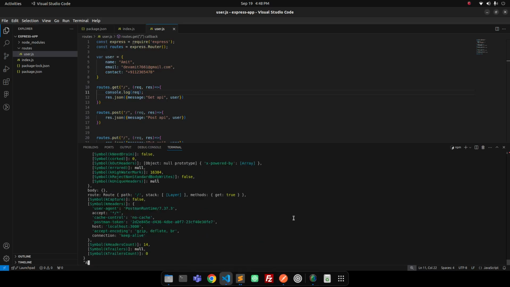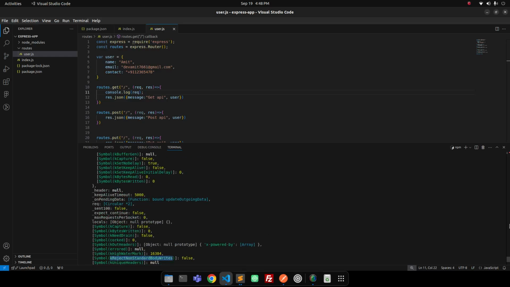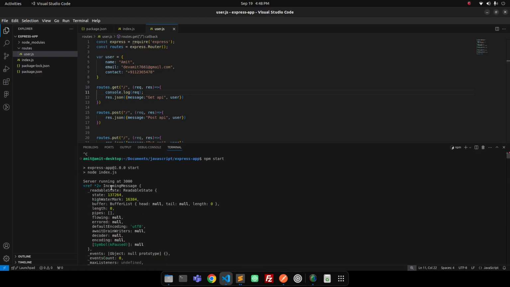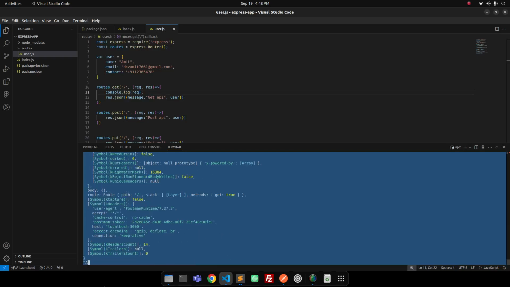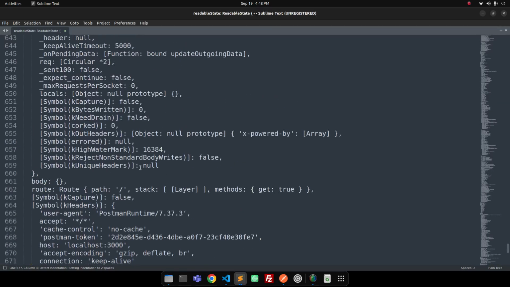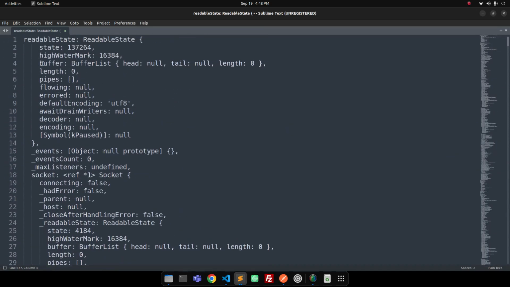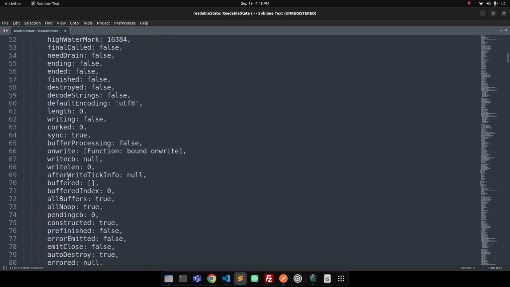Just simple thing, I will copy the whole data. Okay, we will need to copy from here. Just copy and paste it into a plain text file so I can show you how much data it carries. So this is the whole data. You can see it is carried by id. It is a readable stream. Okay, it consists